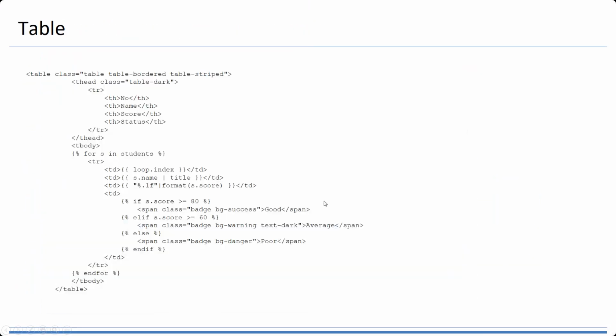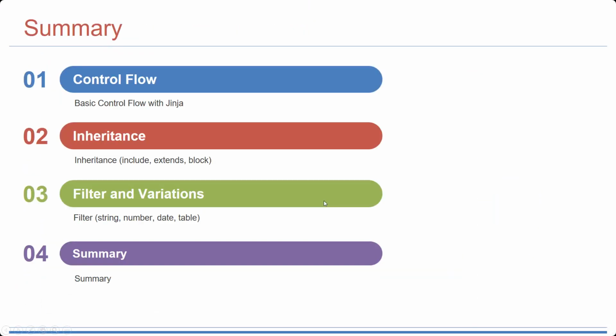So that's all that I can explain to you. So we learn at least for three things: the control flow, the inheritance and filter, and some of the variations. Okay, any questions? No question. Then